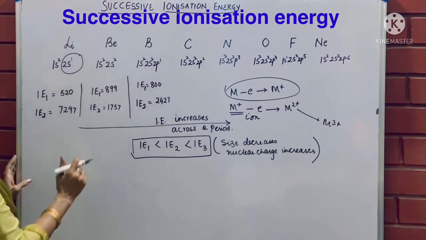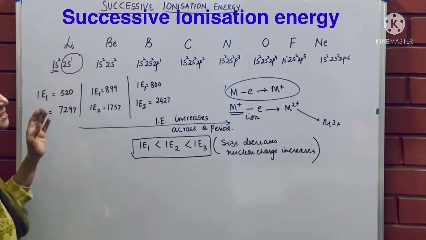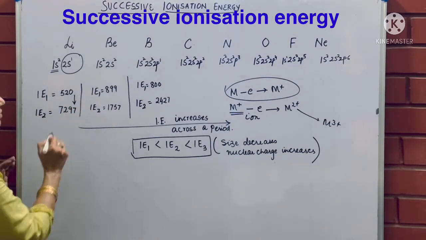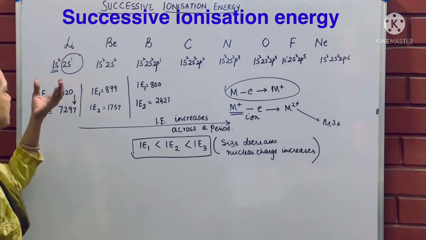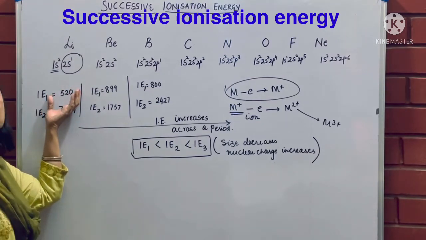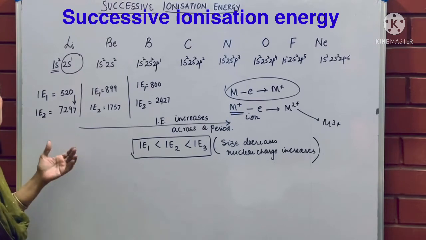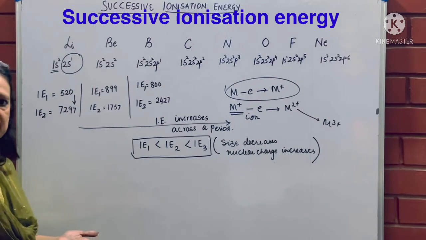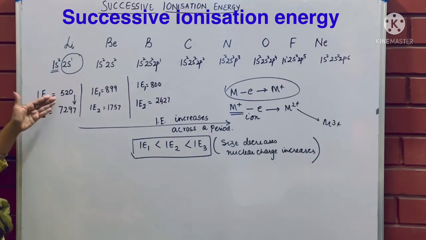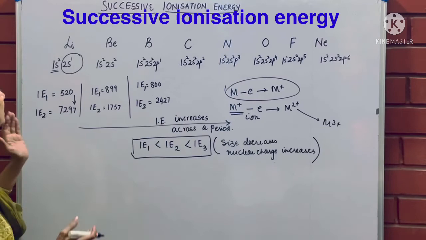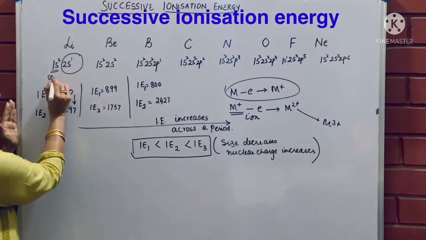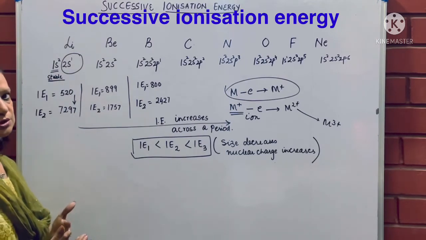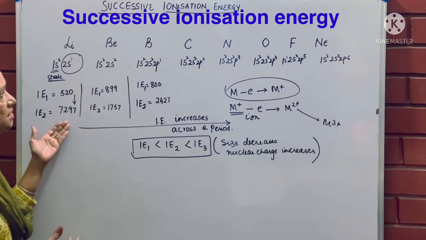The moment that electron goes, second ionization energy means I am trying to take out electron from 1s2. So see, the difference between the two is very, very large. So I can say first ionization energy of lithium is low, but second one is very high. The difference between the two is very high. It had to be high definitely, but has become from 520 to 7000. Which means that this atom had become stable at this stage, and so no more electrons the atom wants to lose, so large amount of energy is required.